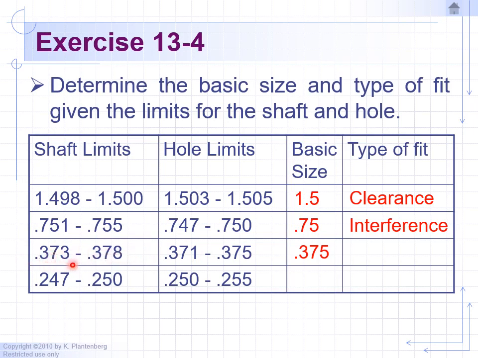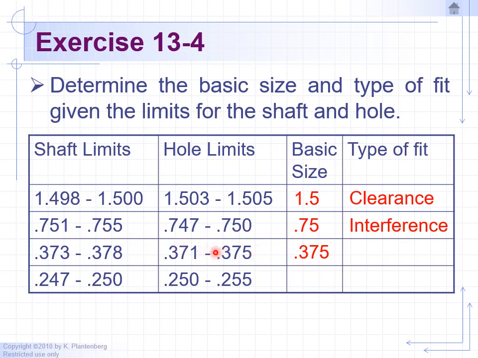So if you look at the shaft, 0.373 up to 0.378, and the hole, 0.371 up to 0.375. If you were to randomly pick a shaft from the bucket, you're going to end up with one of these diameters and everything in between. Same thing with the hole. If you were to randomly pick one of the holes, you're going to end up with anything from 371 up